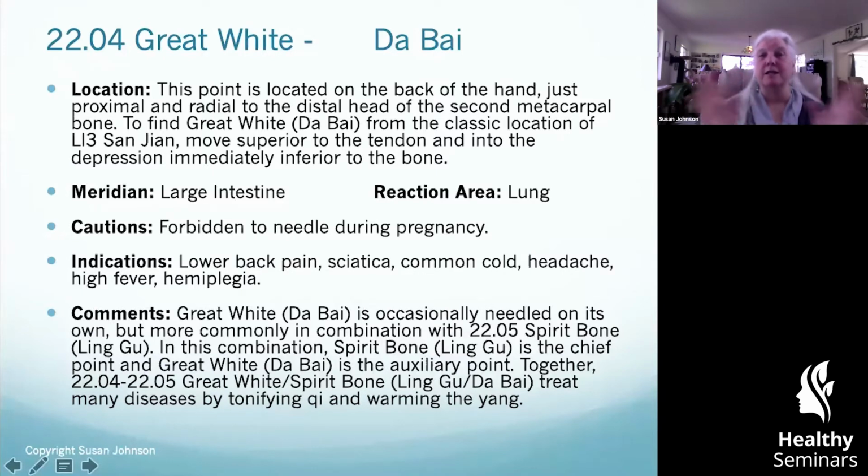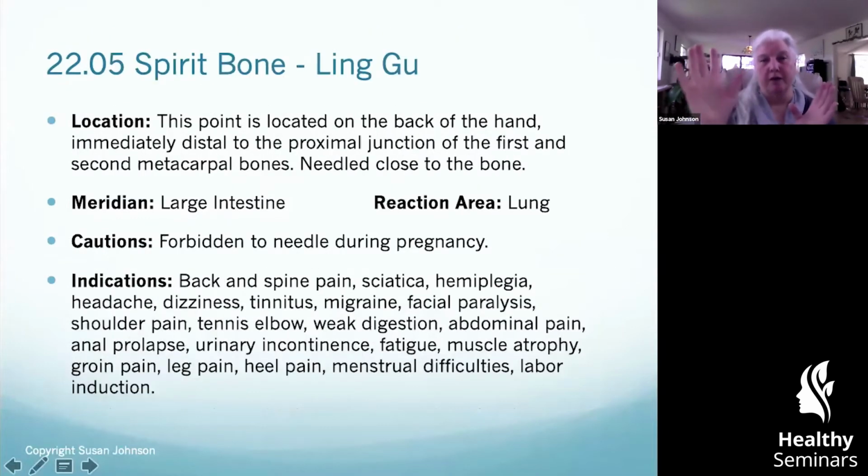In the combination of Lingu and Dabai, Lingu is the chief point and Dabai is the supporting point. But Dabai is also a chief point all by itself. So they are both incredibly powerful points, especially when used together. The combination of Lingu and Dabai tonifies the qi and warms the yang, among other things. So here is spirit bone or Lingu, large intestine lung again, forbidden to needle in pregnancy,